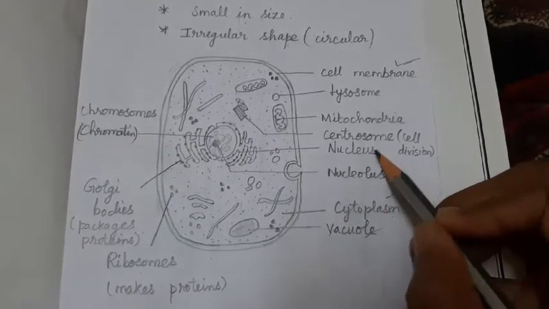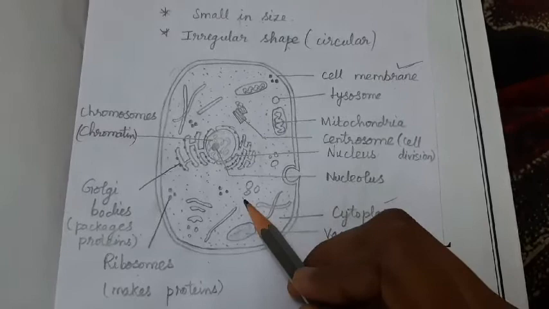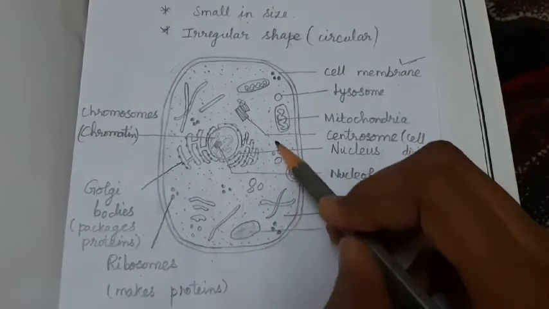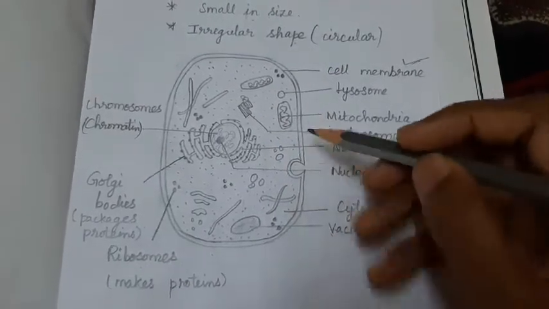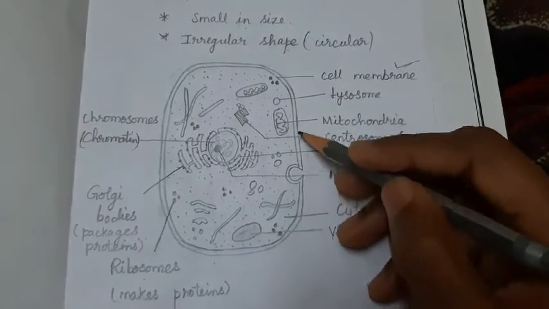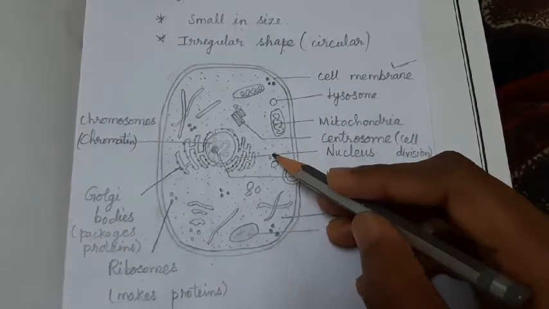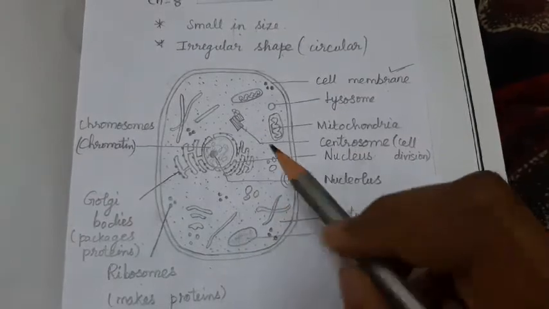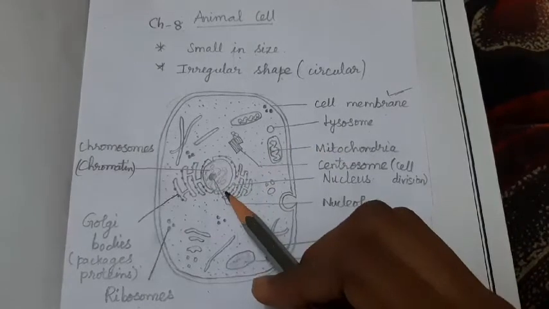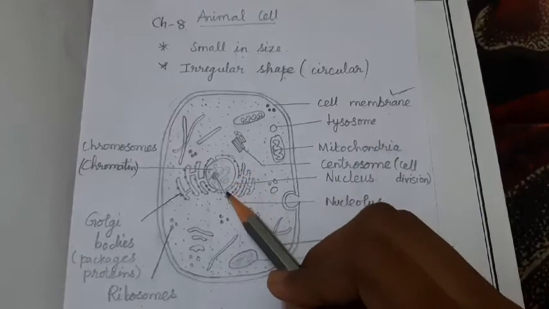Next, nucleus. Where did we find the nucleus in case of a plant cell? The nucleus was located in one corner towards the periphery. Periphery means towards the side of the cell, towards the outer lining of the cell. In one corner we have drawn the nucleus in case of a plant cell. But in case of an animal cell, the nucleus will be located at the center. Okay, the nucleus will be large and it is located in the center of the cell.